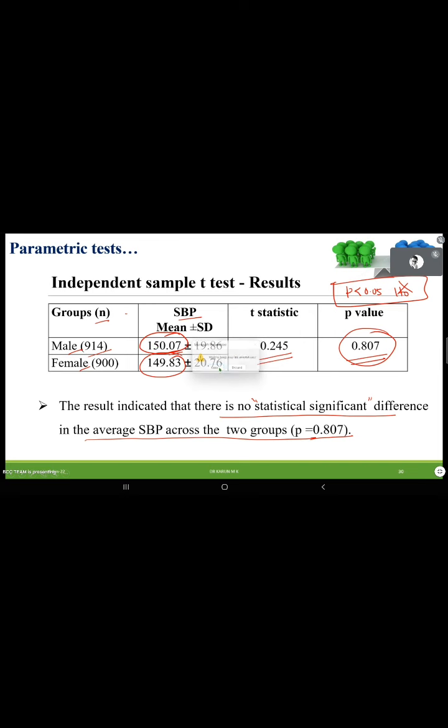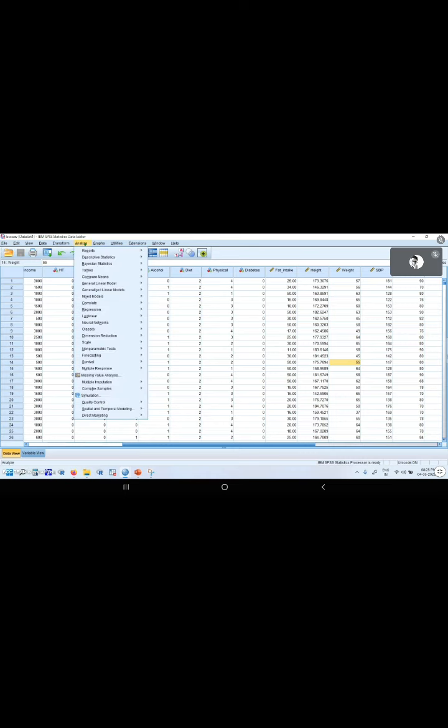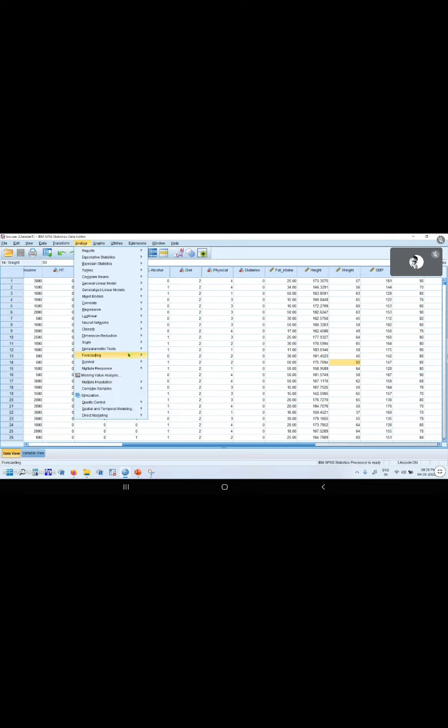Now, we will do the same using the software. Please listen here. Go to analyze. Don't worry, within 15 minutes I will conclude everything. Please listen. It may exceed the time 8:30. Around 8:45 we will wind up. Okay. Please try to join with us. See here, go to analyze.